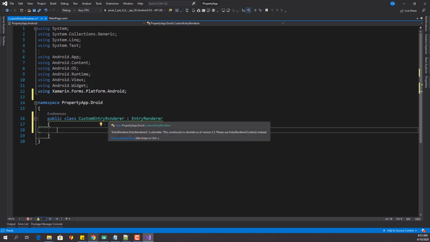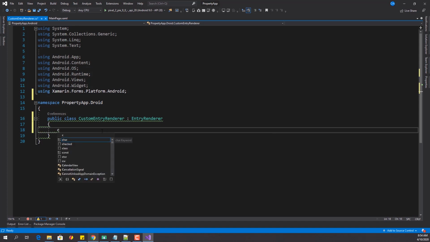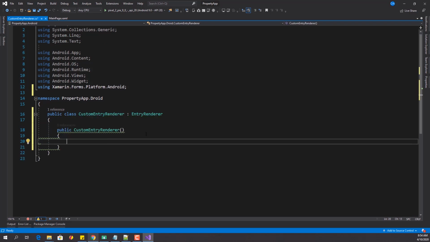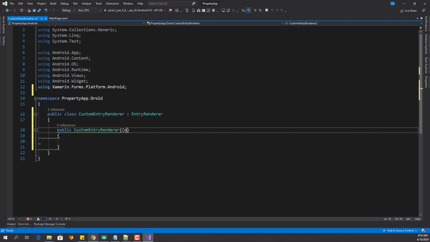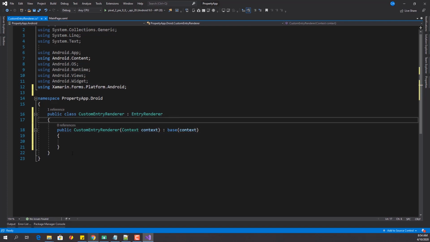Let's try to resolve this error, even though it's just a warning. You can decide to leave it, but I don't like to see this, so I'm going to resolve it. It's complaining about the default constructor, and I'm going to do something about it now. So I'm going to give it a context, and I'm going to use the base context. So this takes away the